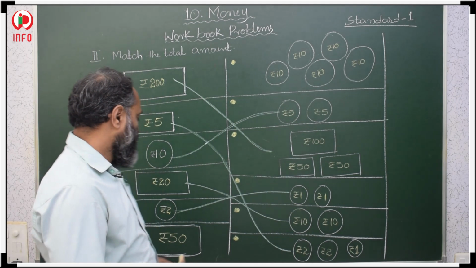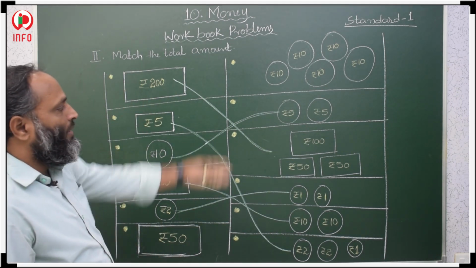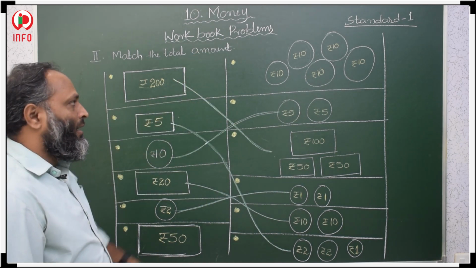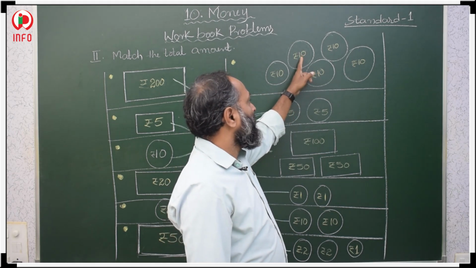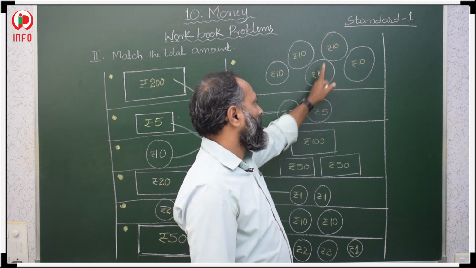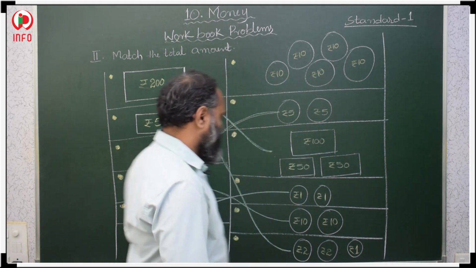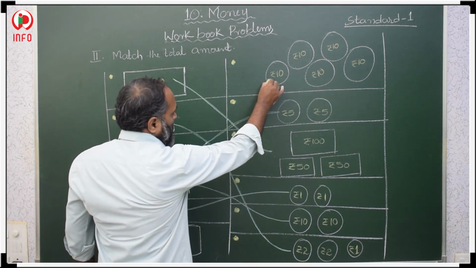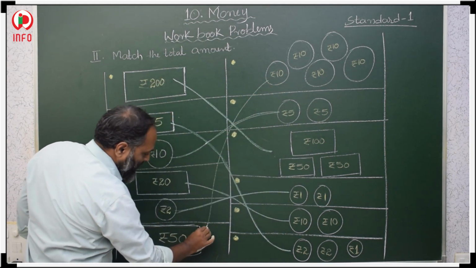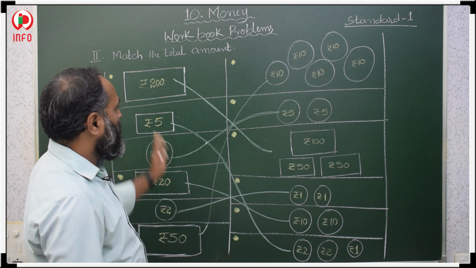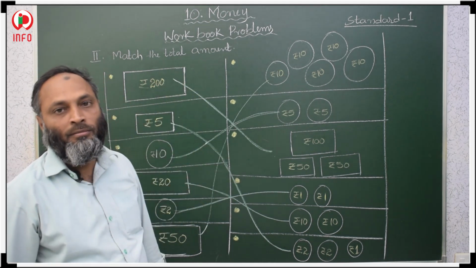Okay. Now a 50 rupee currency note. Obviously only one is left. You can check how many 10 rupee coins: 10 plus 10, 20, 20 plus 10, 30, 30 plus 10, 40, 40 plus 10, 50. Total 50 rupees. So 50 rupees is equal to five 10 rupee coins. In this way, first check which one is correct, and match with that.